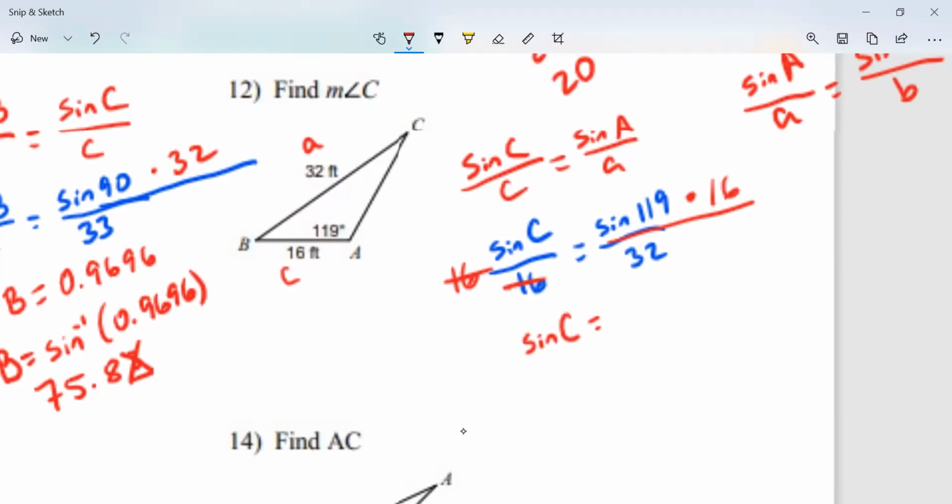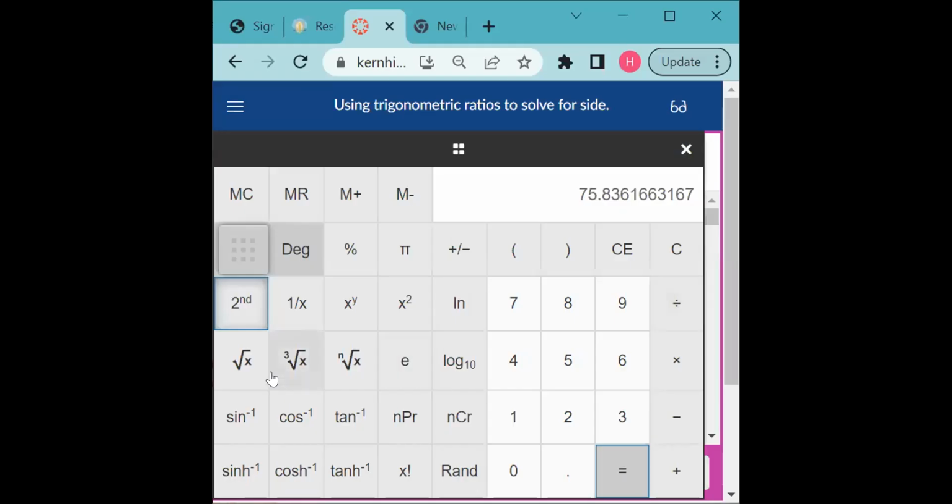Let me grab my calculator. I need sine, not sine inverse. So let me press second again. So I'm going to go sine of 119 times 16 divided by 32. And it says